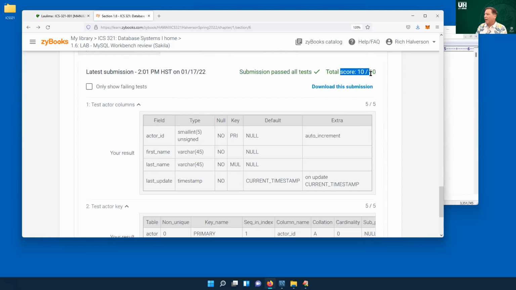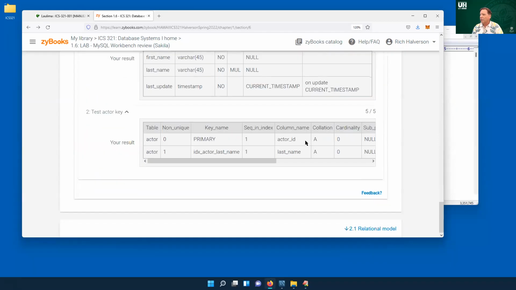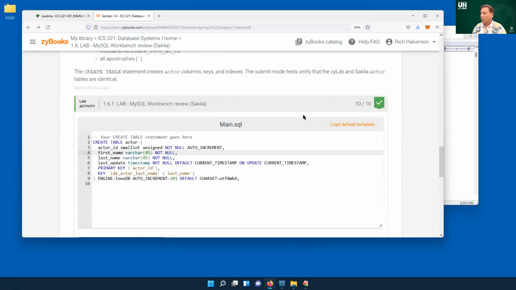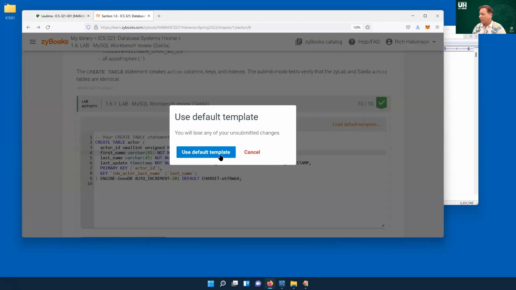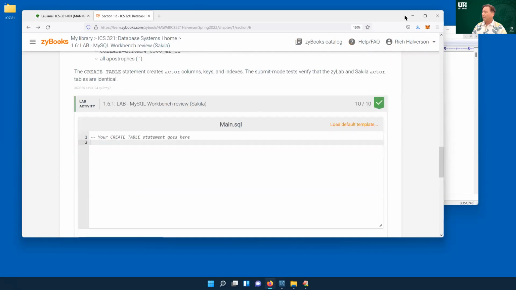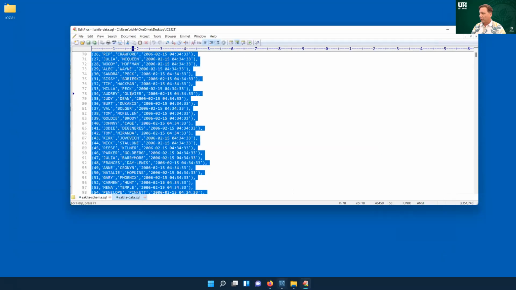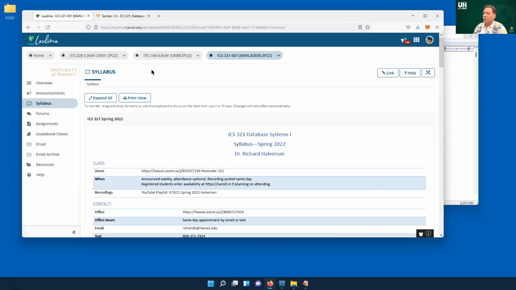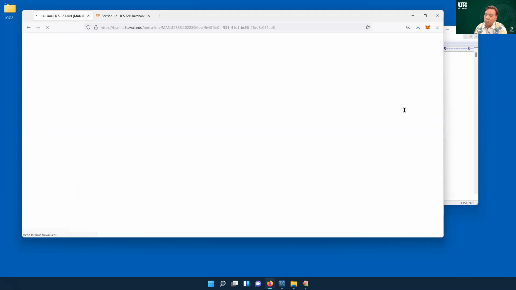And that is how we do that. Okay, too bad there aren't any errors, because then I'd be able to show you how to read error messages. But okay, so that's one way. I'm just gonna load that default template back up again, and I'm gonna go do the other way. What's the other way? Well, go back to your website,